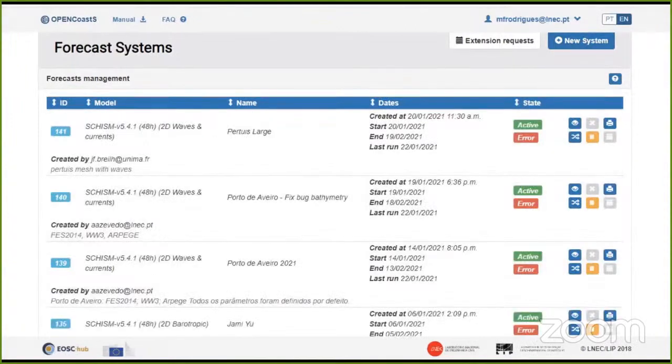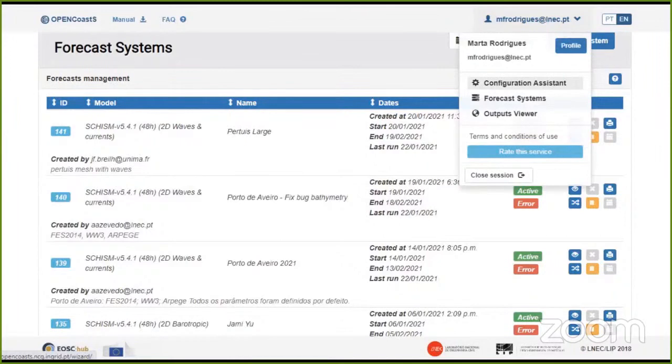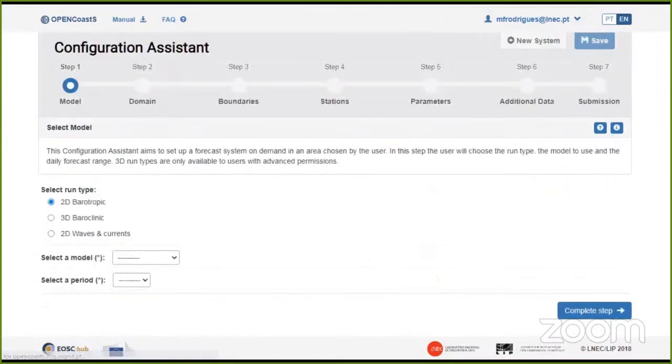When you do login, you can see the forecast systems manager, and to set up a forecast we need to go to the configuration assistant. Okay, so we are now in the configuration assistant, and you can see in the top the 7 steps that we need to follow to set up a forecast. So first we need to select the model, then in step 2 select the domain.